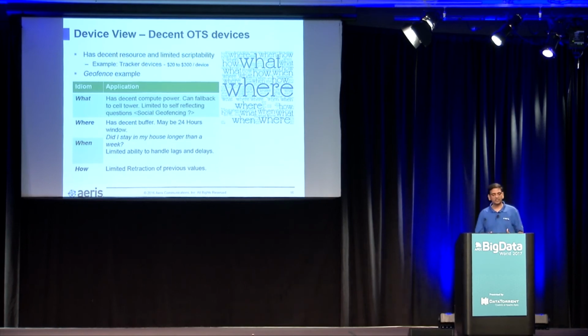So the second question is, say I have 5 devices located in 5 different locations. If I want to basically say, okay, all the 5 devices have to come together. A very simple example, take my daughter. Both my daughters have to come back to school between 3 and 3:30 in the afternoon, right? So there are 2 different devices, 2 different sensor data. How do you apply that rule? So that cannot be done by the devices themselves, right? It has to be done in the cloud or in the backend system. So that's an example of limitation of the what part in some of these devices in IoT.